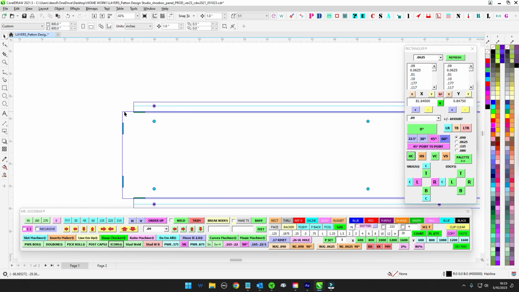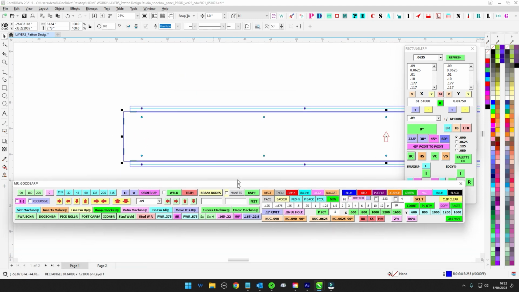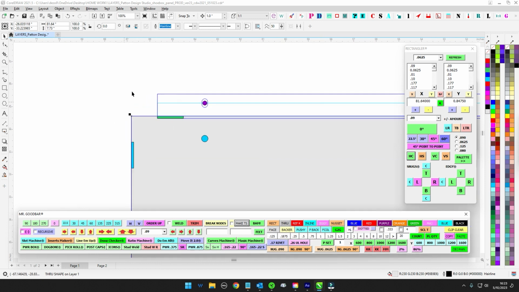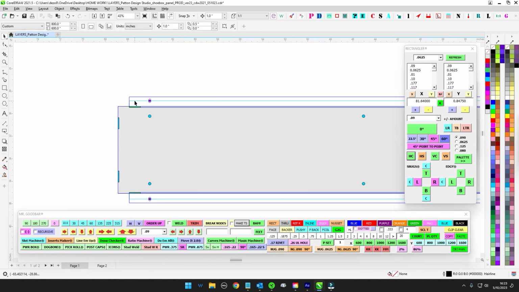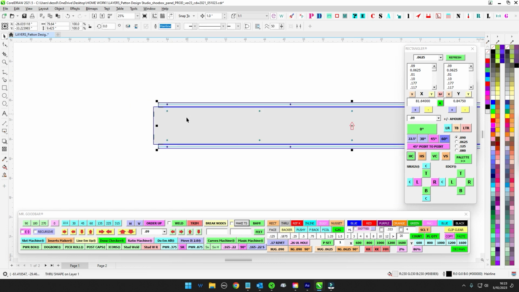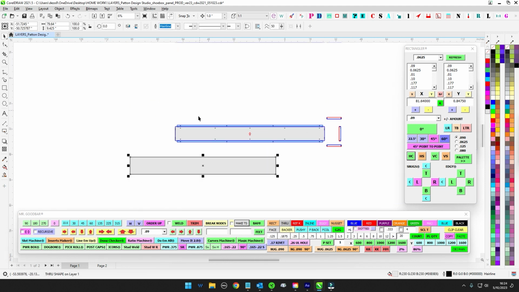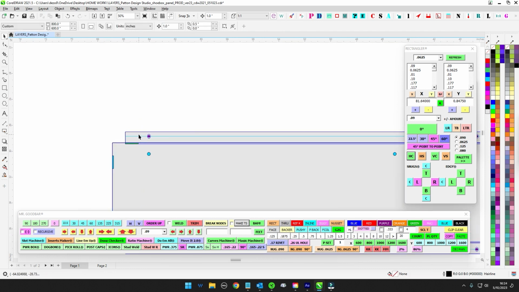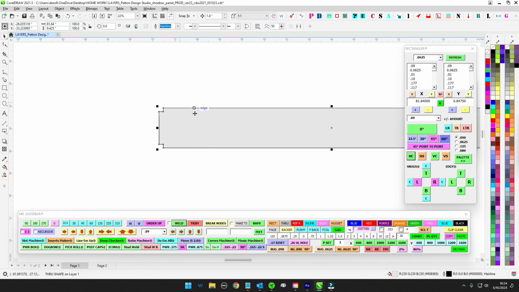So what I do is I'm just going to grab this backer here, and then on your Mr. Goodbar, you're going to hit Make Thru Shape, Make TS right in the middle here. It's going to name it, and it's going to fill it with a 10% gray, which is aluminum. Then you're going to grab this one and this one, and it's also going to make a Thru Shape behind it. So you can see where there's this piece here, and there's this piece here, right? Now you're going to weld these together by hitting weld right here. We're done. So there's your backer,